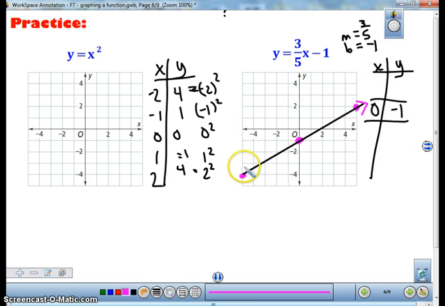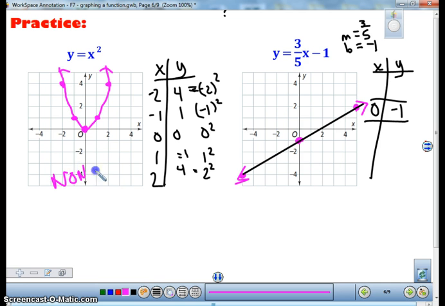The first table, when you looked at it, if you plugged in -2, -1, you should have seen it's kind of symmetric. At 0, we had 0. At -1, you had 1. At -2, you had 4. At 1, you had 1. And at 2, you had 4. So when you look at these two graphs, this one is kind of that V shape,